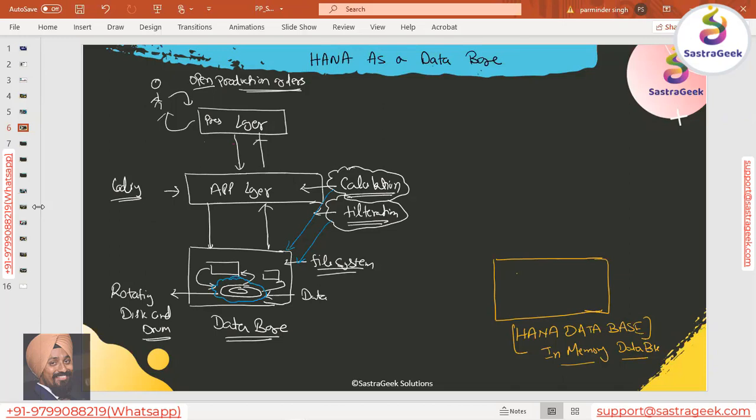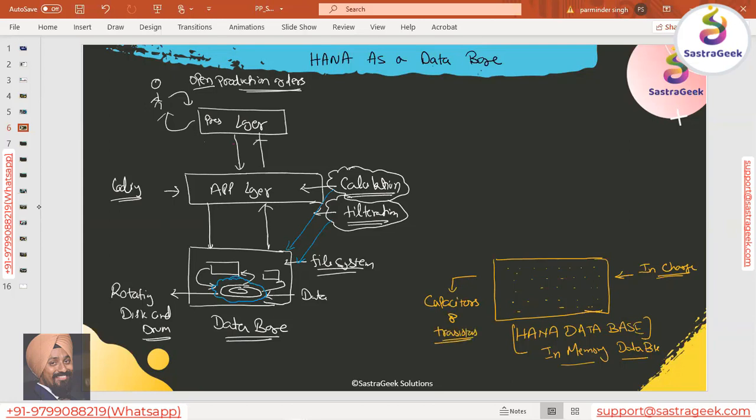In the in-memory database concept, your data would remain. Here the data is stored on a rotating disk and drum, and here the data would be stored in charge. Rather than storing into a mechanical component, the data would be stored in capacitors and transistors.